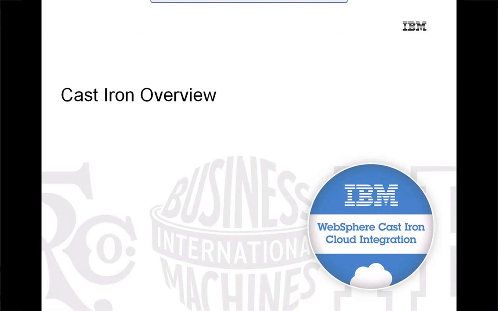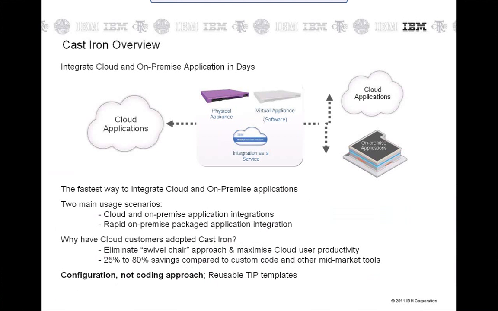Now I'm going to the CastIron overview. When you take an enterprise company, it will be using many applications, like cloud-based applications and on-premise in-house applications. It can have proprietary databases and other enterprise systems like SAP, Siebel, or PeopleSoft. It will also be using cloud-based SaaS applications like Salesforce, NetSuite, Taleo. So for successful